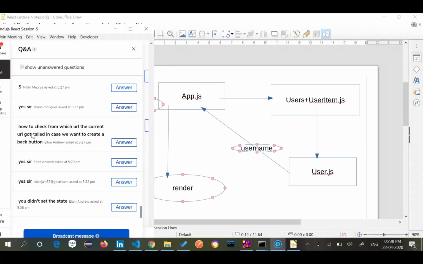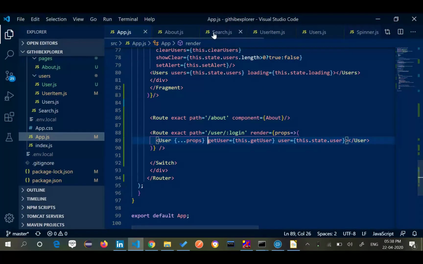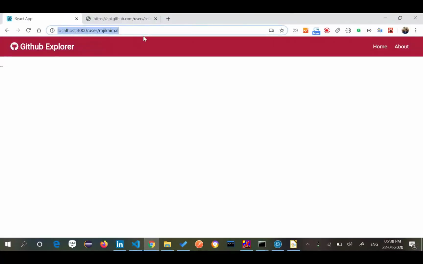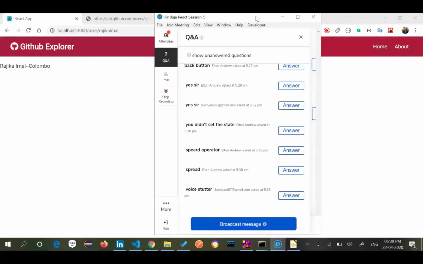I have not done it for the setState. Let me fix this one. Yeah, this is fine now. I'm getting Rajika's email and Colombo, his data. Yes, we have done the spread operator implementation here.